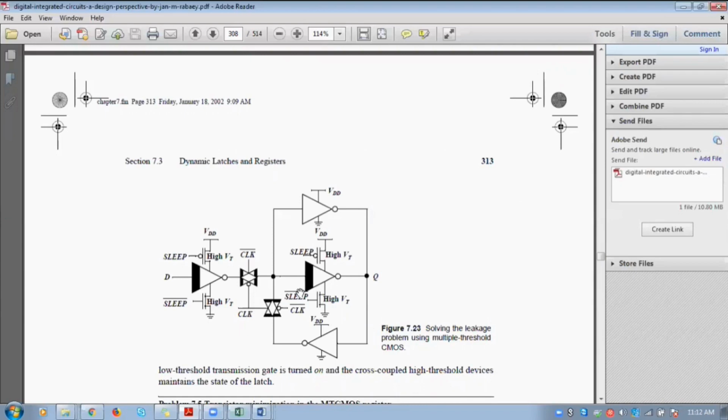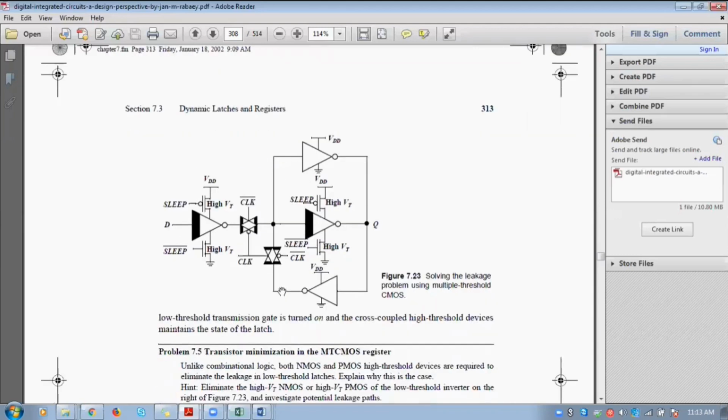So at that time, if you are not considering a low voltage static latch, the normal transistor cannot adapt to the scaling down in the supply voltage. So at that time, the normal working of your transistor will get affected. So that's why we are going for multiple threshold CMOS, in that you will be having both high voltage transistors as well as low voltage transistors.